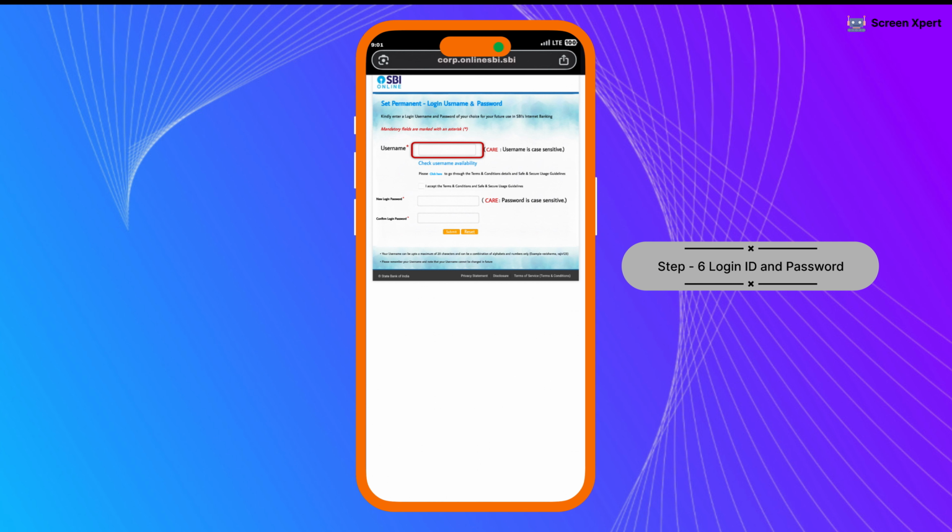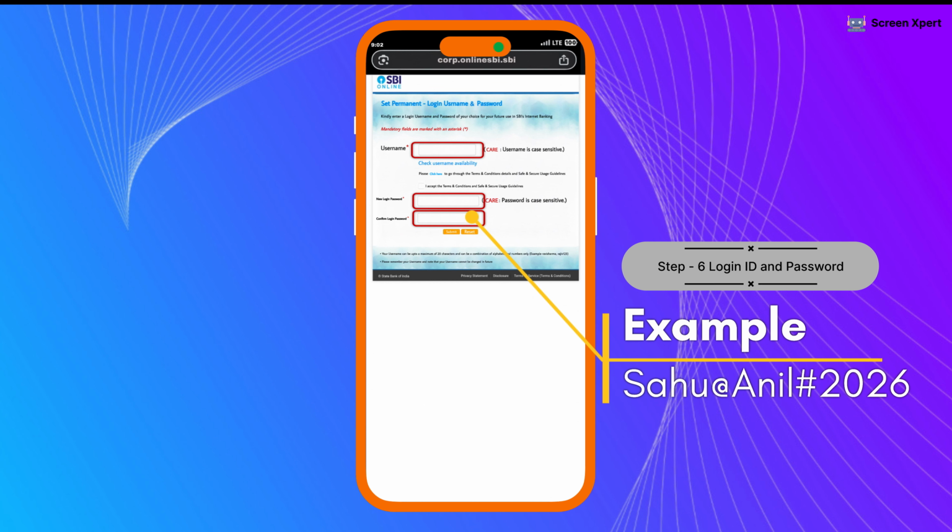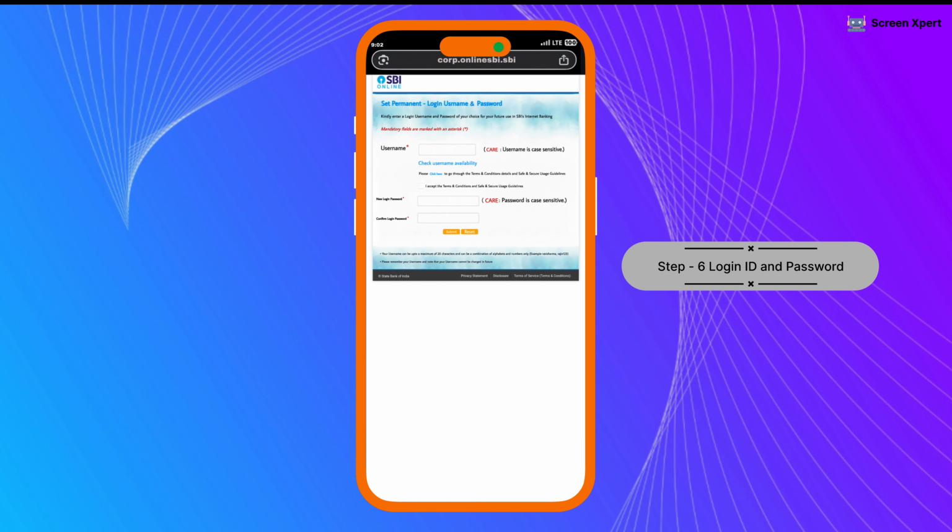Username selection process. Enter your username and tap on Check Availability. If the name is available, a green tick or an availability message will appear. If the name has already been taken, choose another username. When the username is available, keep it and proceed. Now, create a secret password. Be sure to make the password strong, containing capital letters, small letters, numbers, and special symbols. After filling in all the correct information, tick I accept the terms and conditions and then tap on Submit.